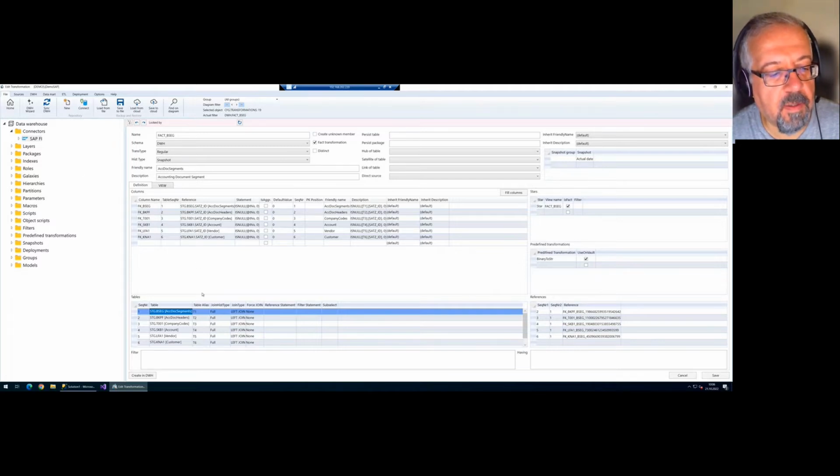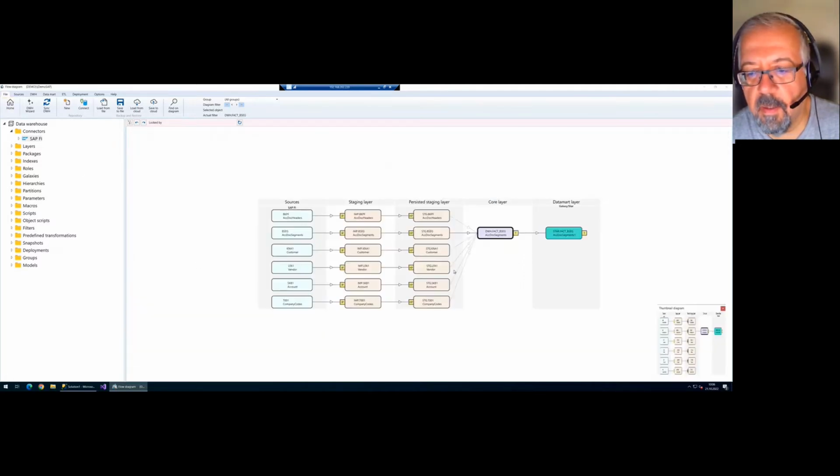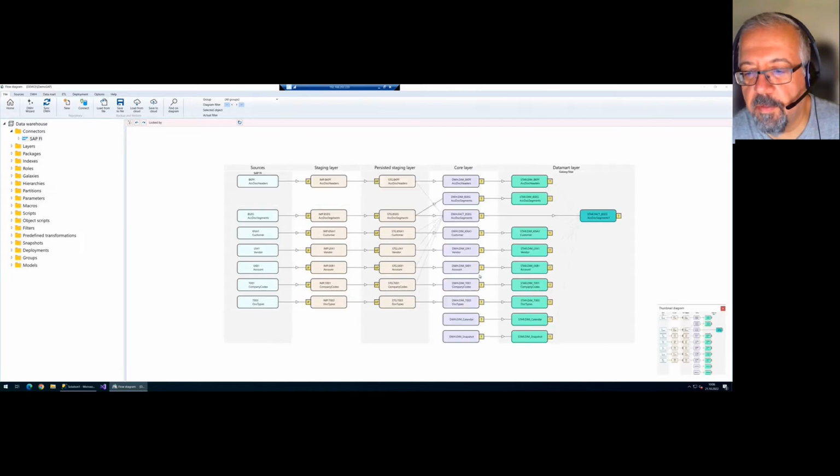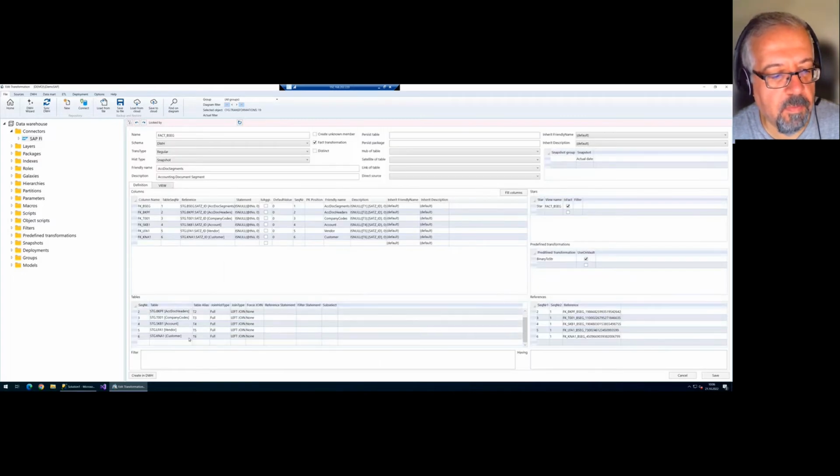For example, we have one. Let me remove the filter. There is, for example, the table T003. This is a document type. This is not part of this fact transformation, because there is no reference between T003 and the BSEC table. But